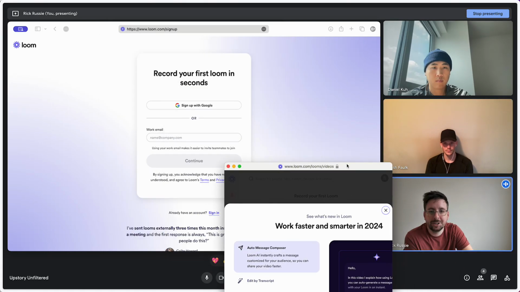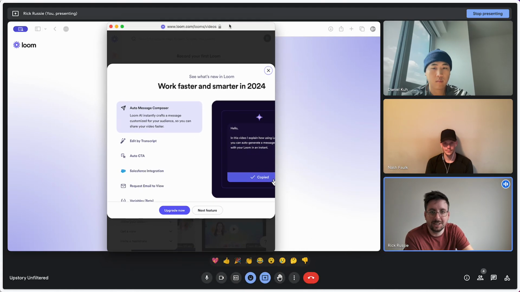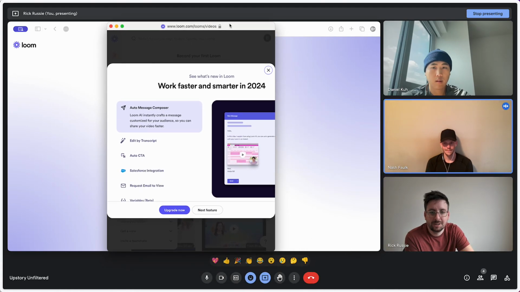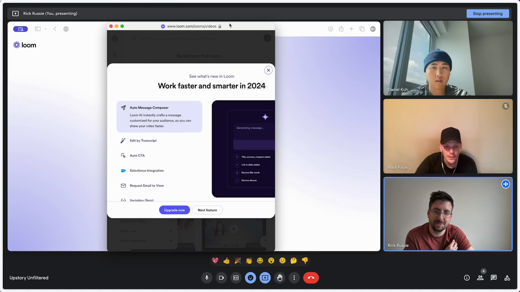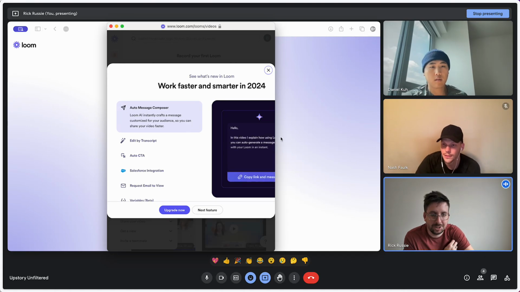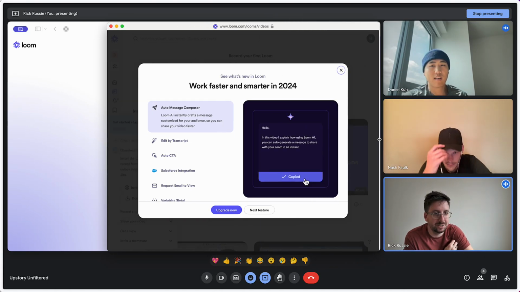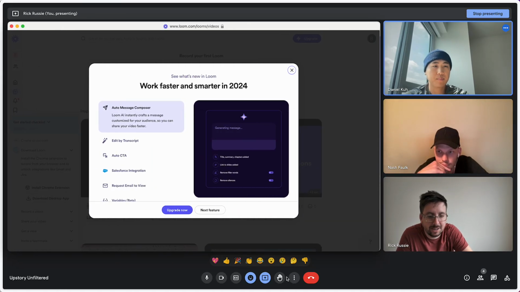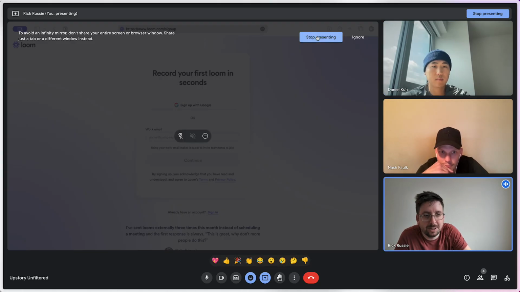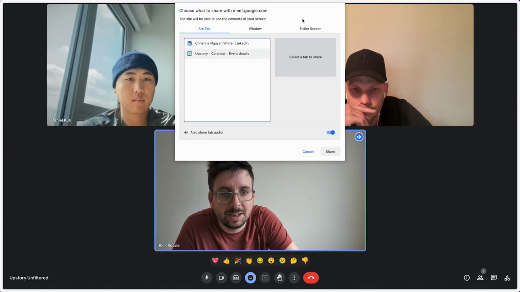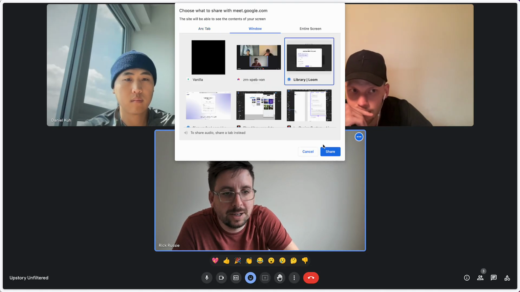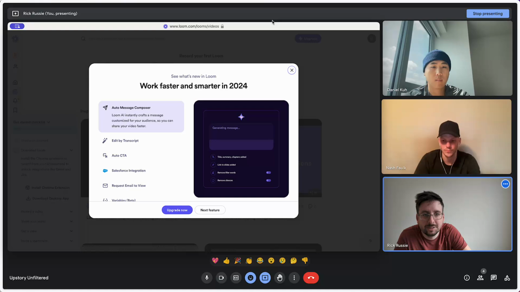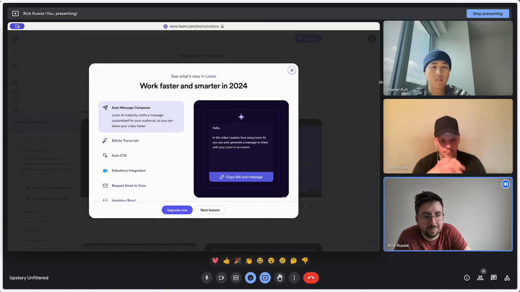Oh, it changed to a new window. You know what? That's weird. It popped up in a different window altogether. Let me share my other screen here, because you guys should see this then. Everything just happened on the new window? Yeah, it did, and it was a small window too. That's kind of odd. Not sure if that was on purpose. So I made it bigger, but